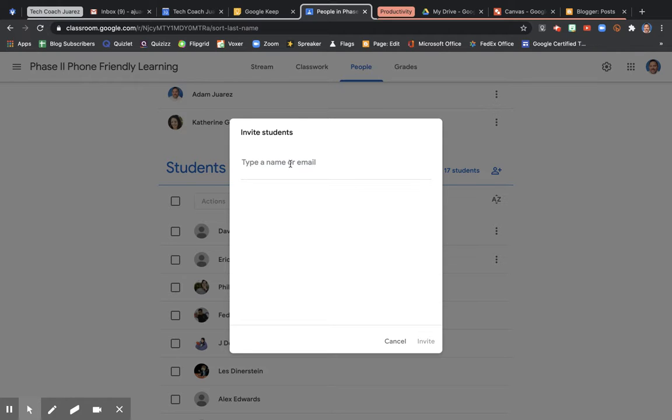It's not going to populate automatically because the parent email is not part of our district. So you'd have to have it typed out completely and send the invite just like you would to a student, and then that parent will have the student perspective and can, if they so choose, really help their student much